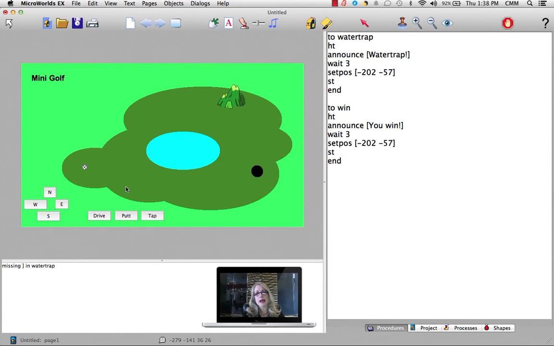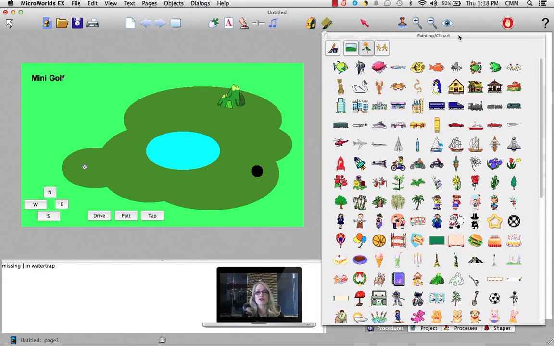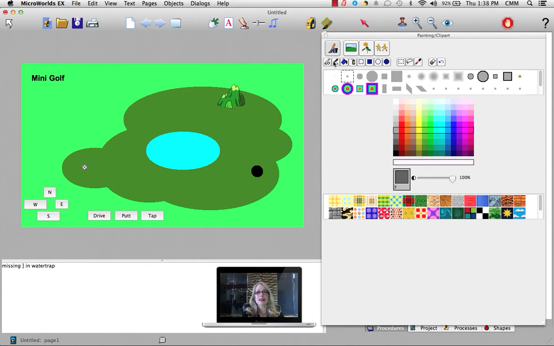I also would like to have perhaps a flag on my hole. So go back up to the Painting and Clip Art palette, select your drawing tools, and perhaps make a nice white flag. Notice if I start too low down and say, oh gosh, I ended up in the hole, I didn't want it there, I can select Edit, Undo and undo just the last command. So I'll go back, make a new flag, I'll use red,